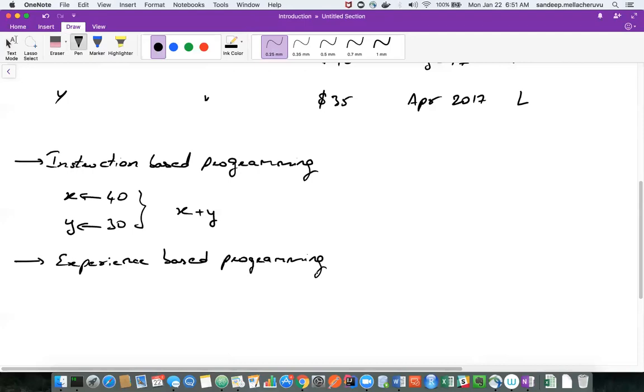So what does it mean by experience? For example, let's say you're given photographs of all different animals and you're asked to identify which animal is what. So how do you do it? Generally, in all the curriculums in the schools, you start with a bunch of photographs.